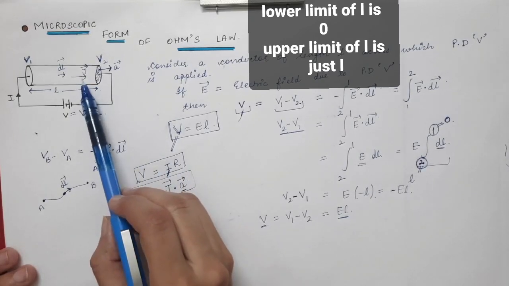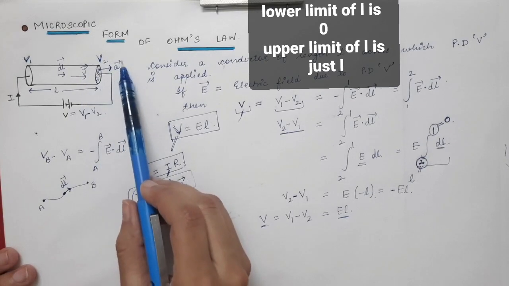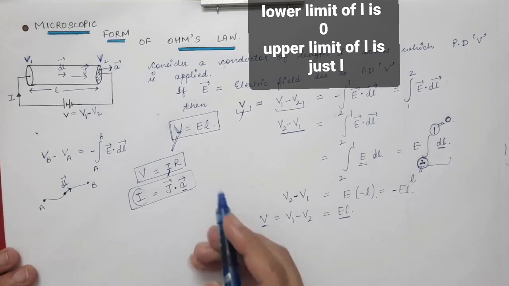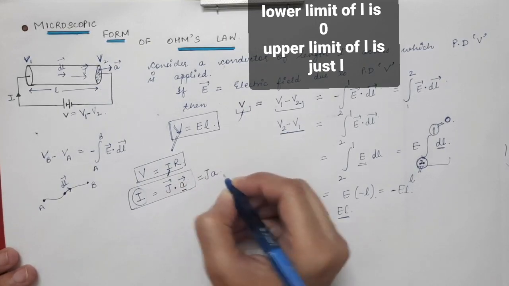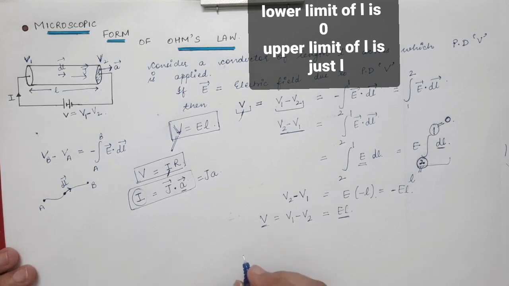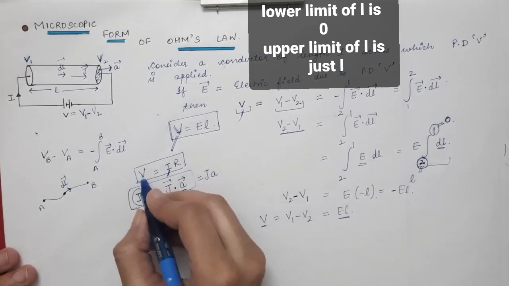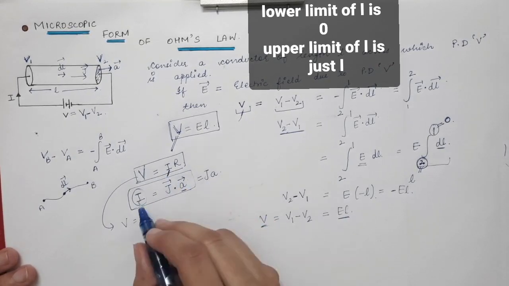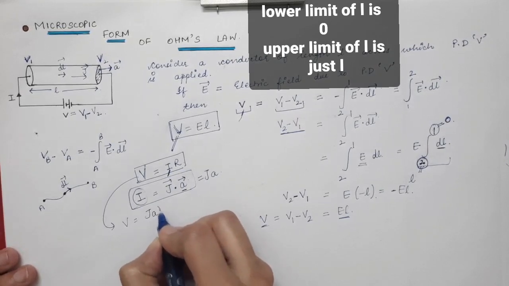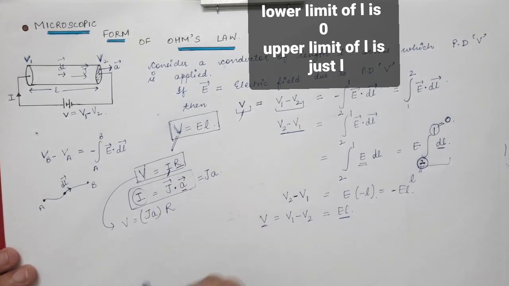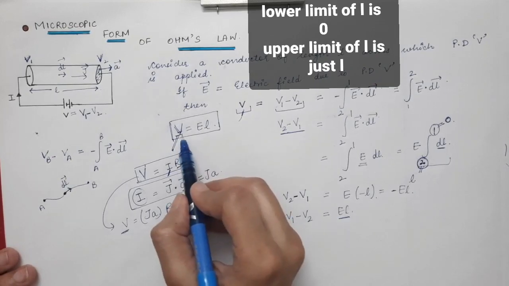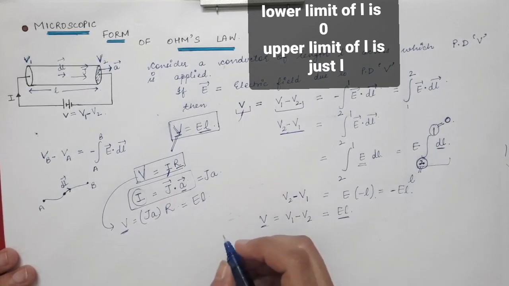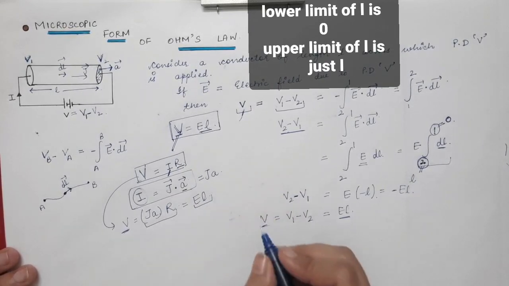In this particular case, this is a special case when J vector is parallel to A vector. So we will have cos of 0 degree when you solve this dot product. So that will be just equal to J into A in terms of magnitudes. So current is equal to J into A. And what is the potential difference? Potential difference is equal to I into R. And what is I? We have already found out, it is equal to J into A, into R will remain as it is. And this potential difference has come out to be equal to E into L. So we have this relation equated with this relation.